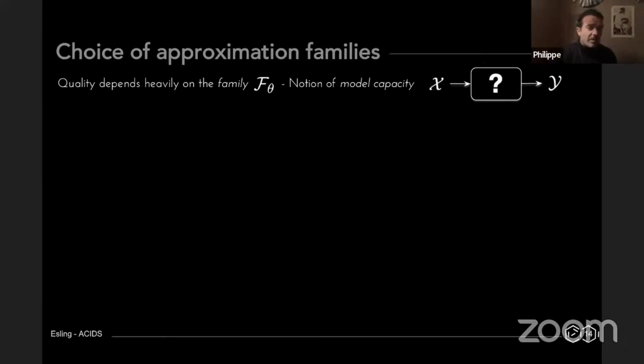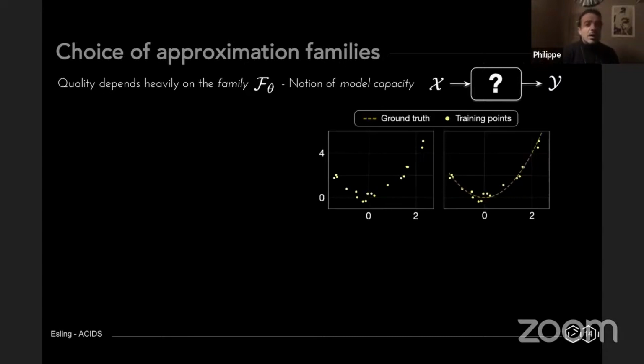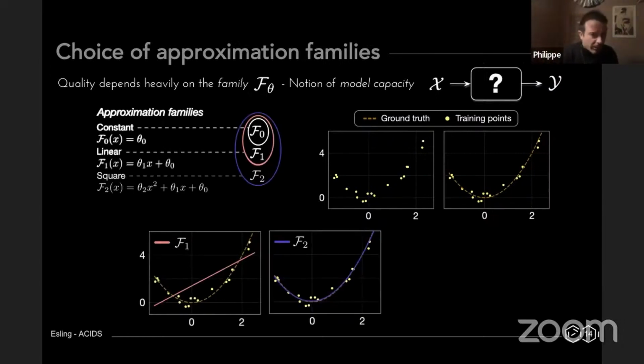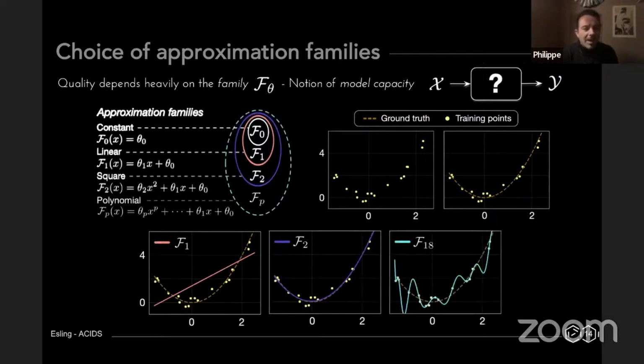And if you think about the family of functions that we can use, let's say we have this problem, which is a simple regression problem. So we could use a simple number, but we know it makes no sense. So let's say we use first a line. So the line is a bad approximator because this is clearly a quadratic problem. And we could go up to any number of degrees in our polynomial, right? And you would say, why does the polynomial of degree 18 not naturally include the polynomial of degree 2? And of course it does.